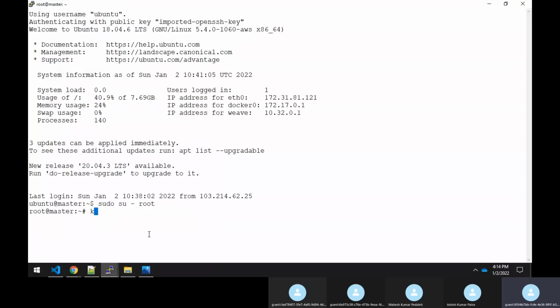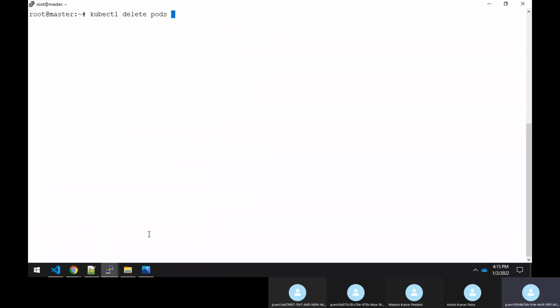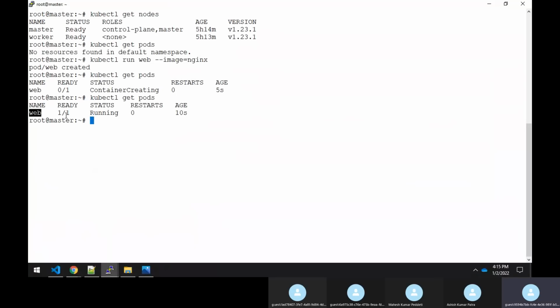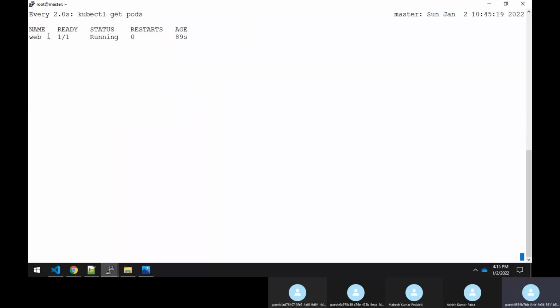If I execute kubectl delete pod and specify the name web, I say enter, we have to see whether this pod will get removed or not. Like if I do a watch, we need to just check whether this pod will get recreated if I delete it.